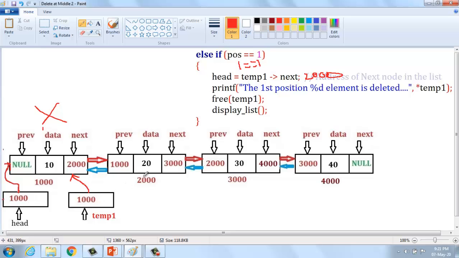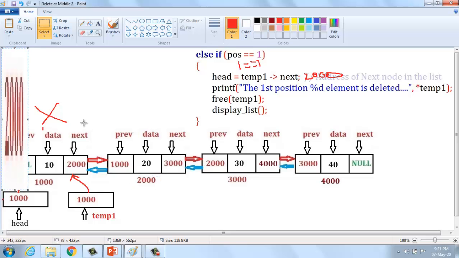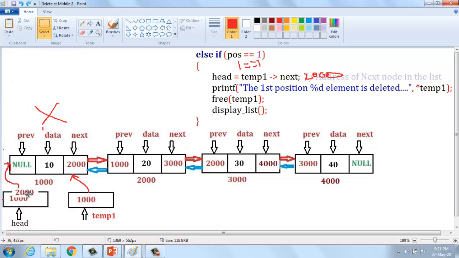What is the second node? The second node's address is 2000. It should be changed to 2000. So automatically a connection is terminated from this node to this node.